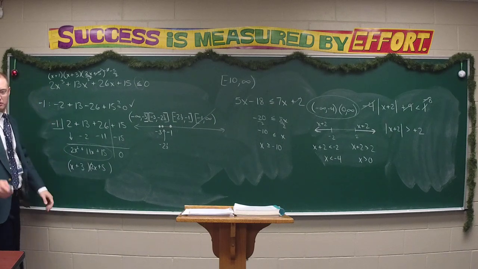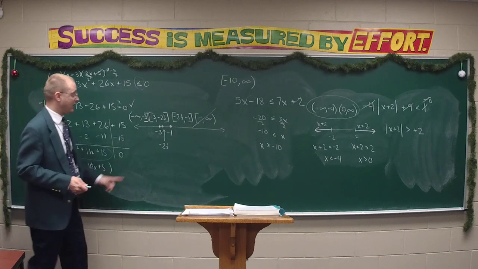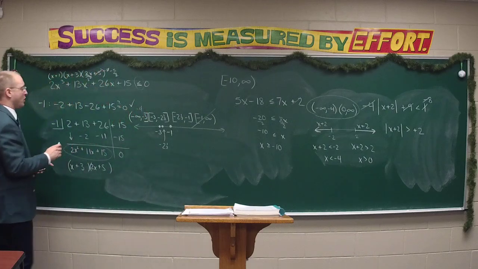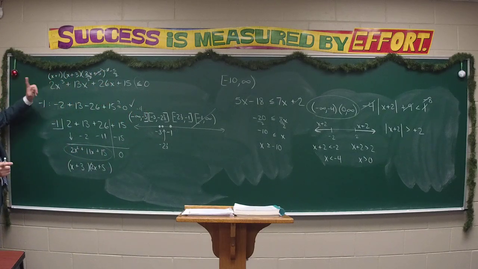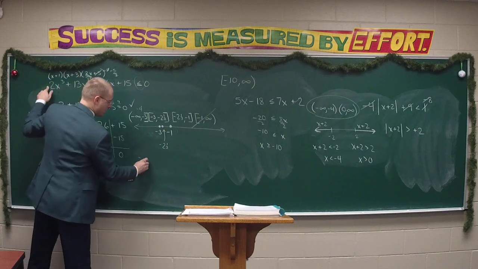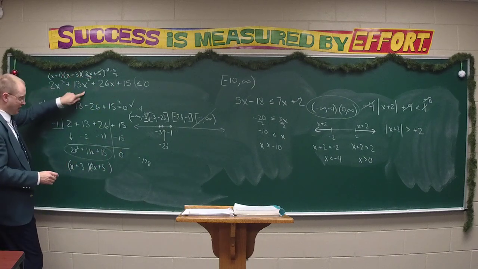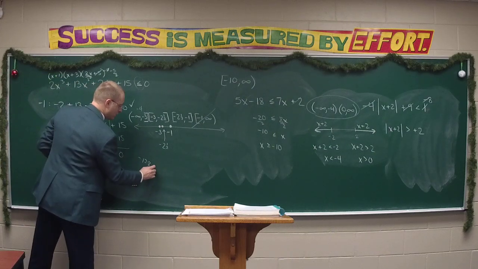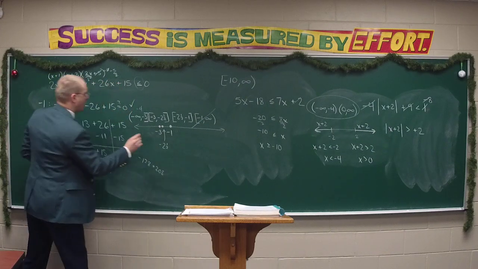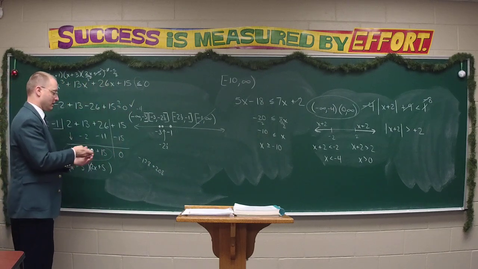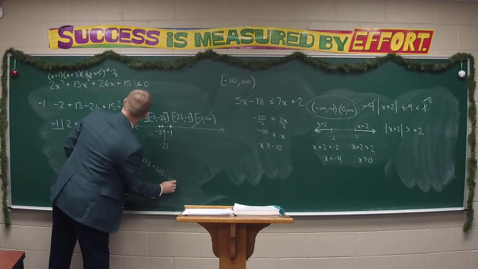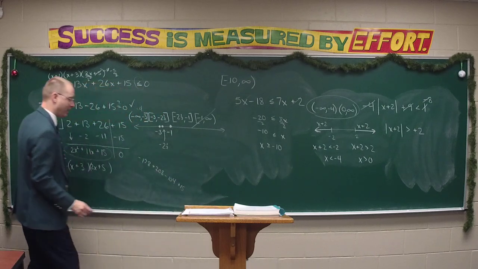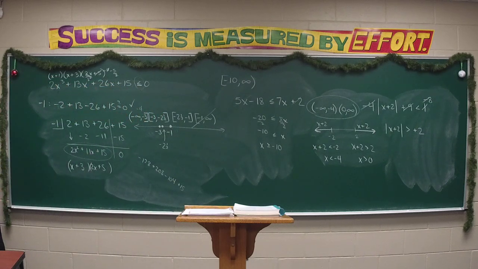Another number we could test, -4 would fall in this range, all right? So calculator at the ready, if you haven't already done it. Cube that gives us, call it as you have it. -64 times 2. All right. Square the -4 times 13. How much? 208. All right. -4 times 26. And then plus 15. We add that all together, and it looks like it's coming out negative,